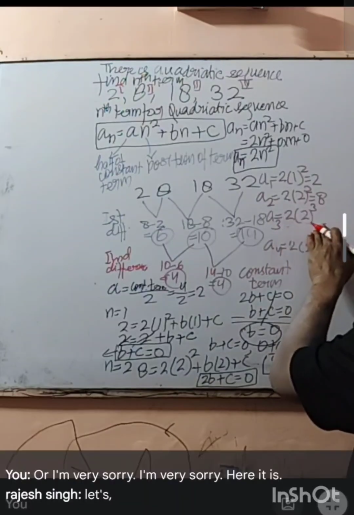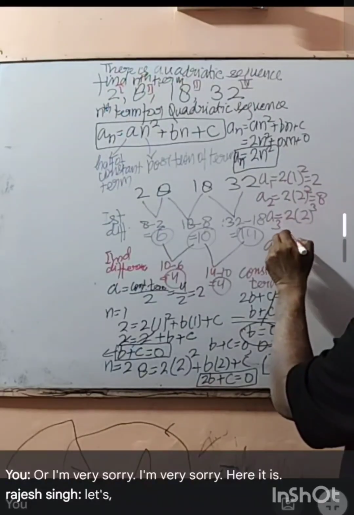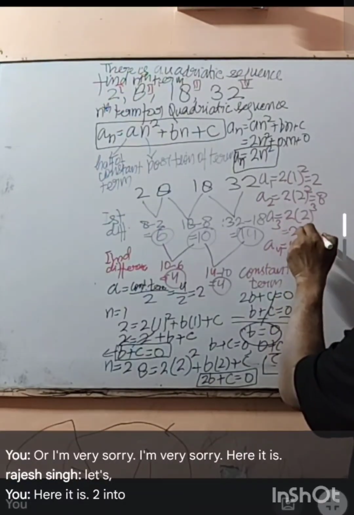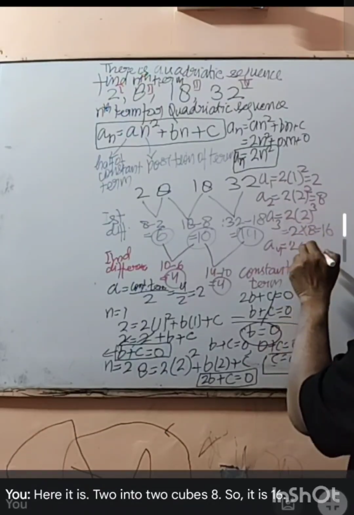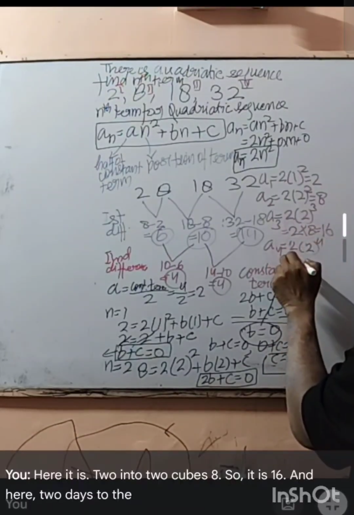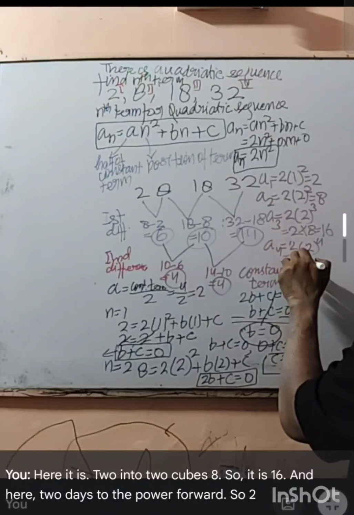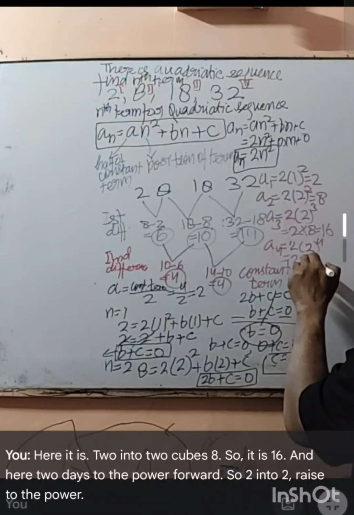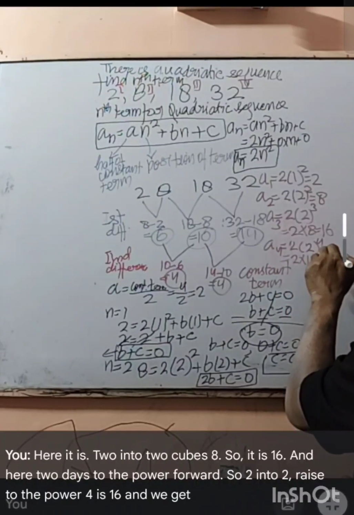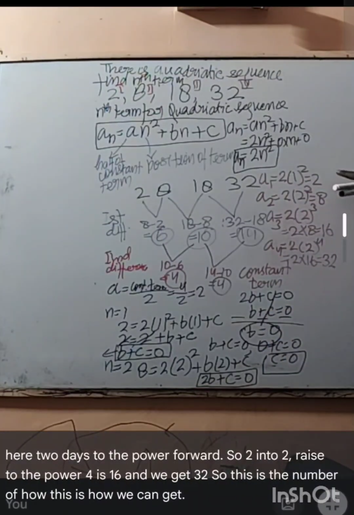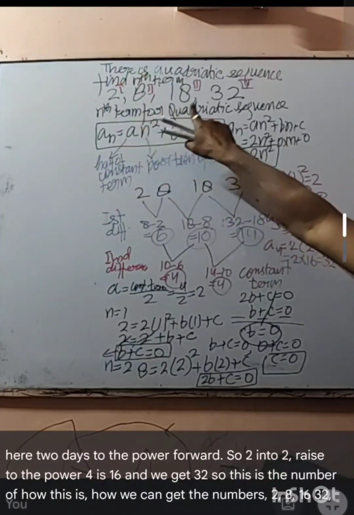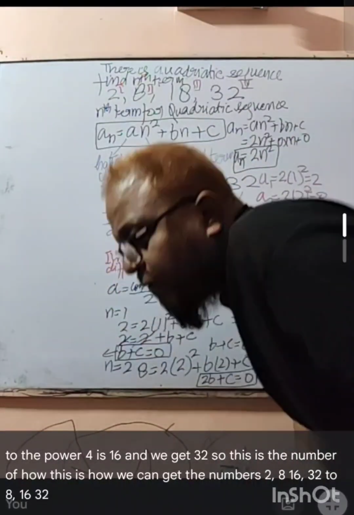Here it is. 2 into 2 cube is 8. So it is 16, and here 2 raised to the power 4. So 2 into 2 raised to the power 4 is 16, and we get 32. This is how we can get the numbers 2, 8, 16, 32. This is how we get the